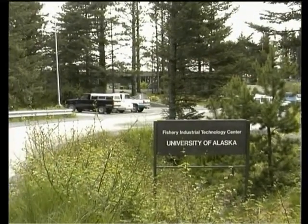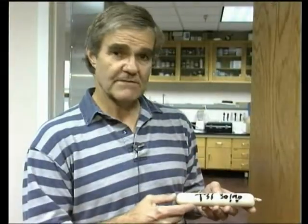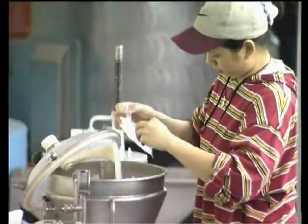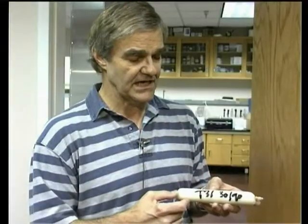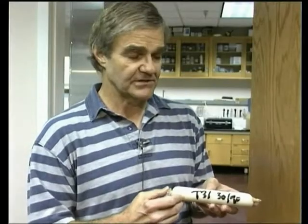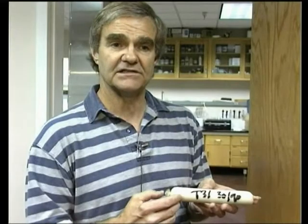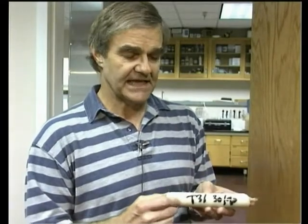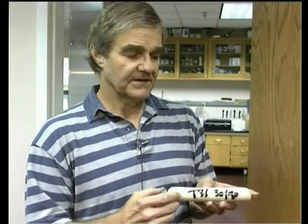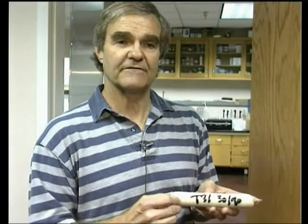Mr. Jerry Babbitt, Director of NMFS in Alaska, will now explain how he tests the quality of the surimi from the AlpaPlus process. In the testing of surimi, the sample is first chopped with salt to solubilize the proteins and then stuffed into a casing. It's 3 centimeters in diameter. And then the casing is held in hot water, usually at 90 degrees Celsius for 20 to 40 minutes to set the gel. The casings then are cooled in ice water and held at room temperature for subsequent testing using